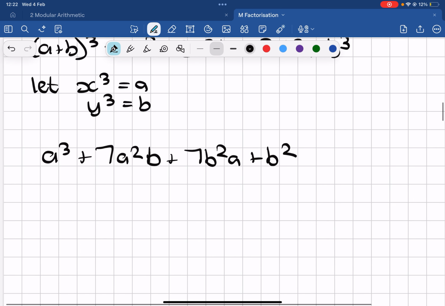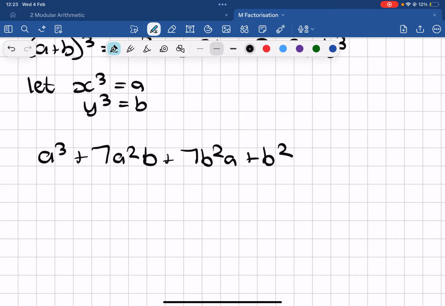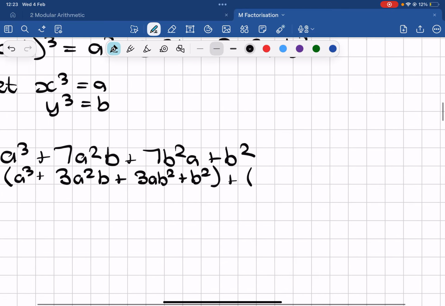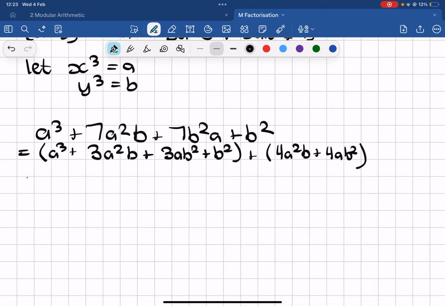And the way we can bring this about is by separating these two terms here in the middle. So what we can do is we can say this equals a cubed plus 3a squared b plus 3ab squared plus b cubed, and then plus 4a squared b plus 4ab squared. Now, as we know, this part here, our first bracket, simply becomes (a plus b) cubed,